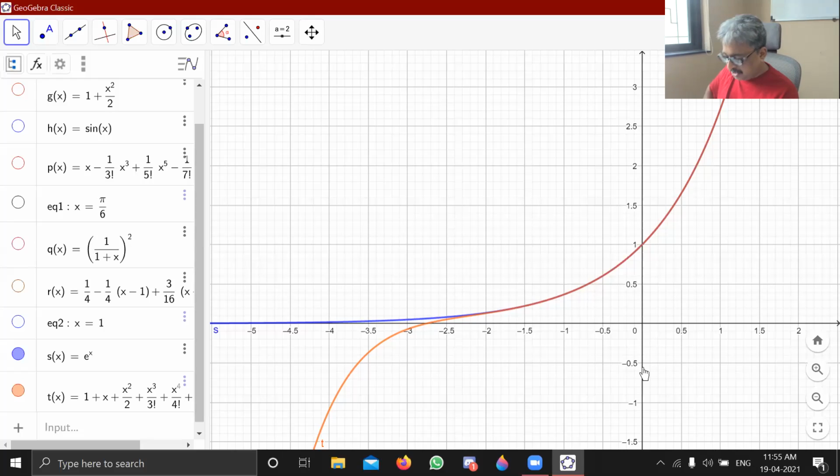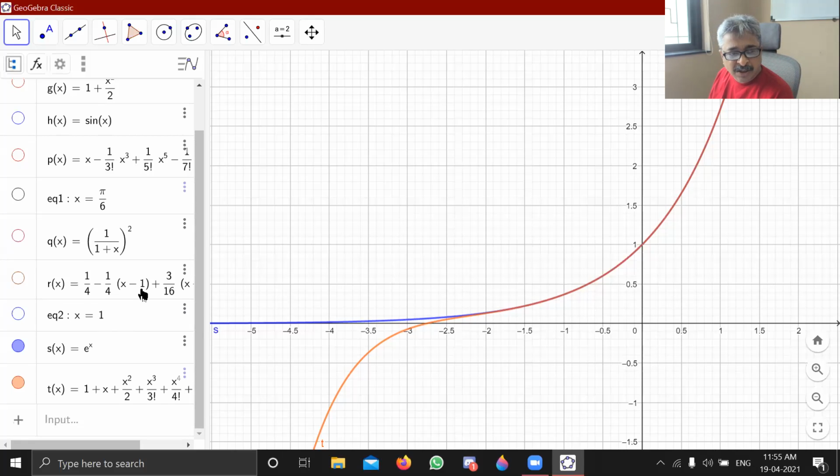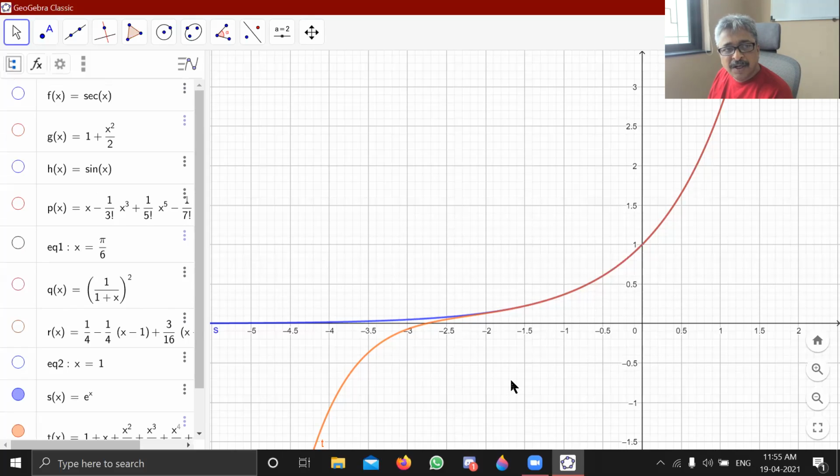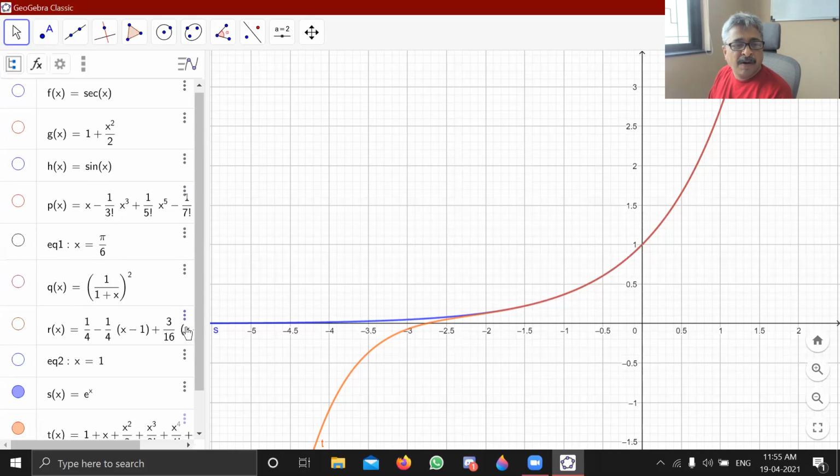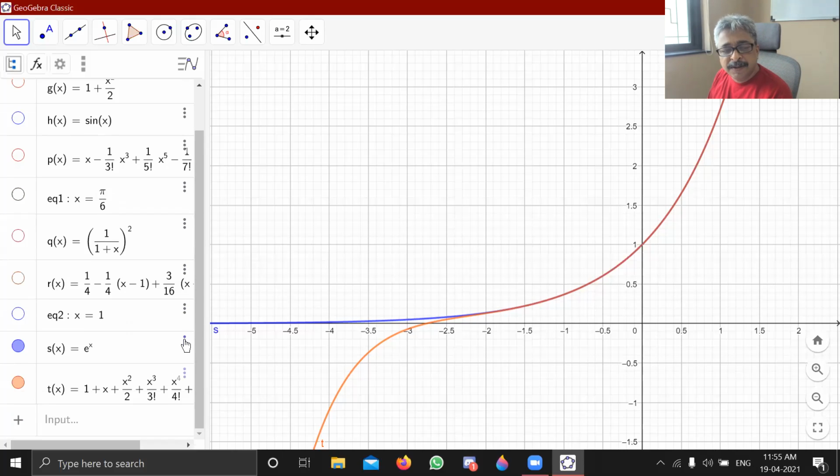So it is quite evident that the more terms you take, the better it will approximate that function, and GeoGebra has helped us to visualize that also. And therefore we can always solve limit problems where you are stuck. You can replace the complicated function by an approximate polynomial and solve that problem. Your answer will be correct.